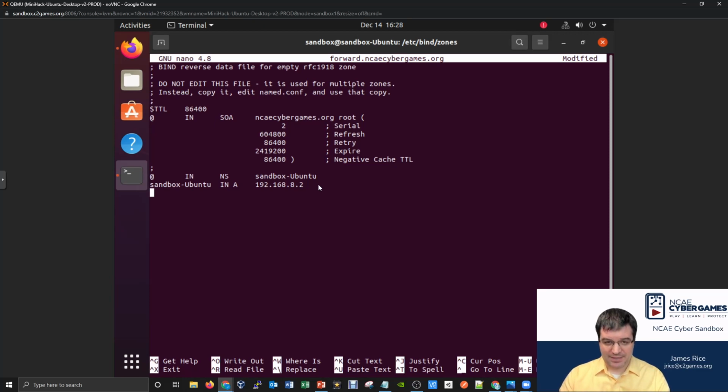In other words, on the next line, I'll say www. Okay, and then I'll hit another tab. Maybe just for spacing purposes, I'll have them all line up all nice. I'll actually hit tab twice so that it's all lined up underneath this, because www is significantly shorter than sandbox-ubuntu. Then I'll do another IN, space, A, and I'll hit a tab and say, okay, if somebody tries going to